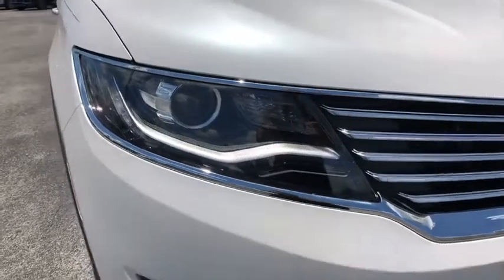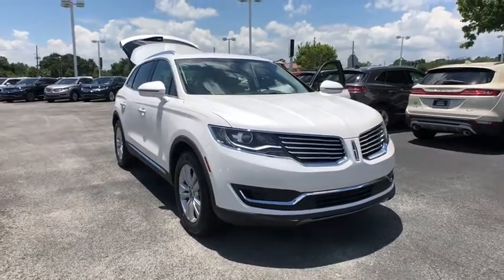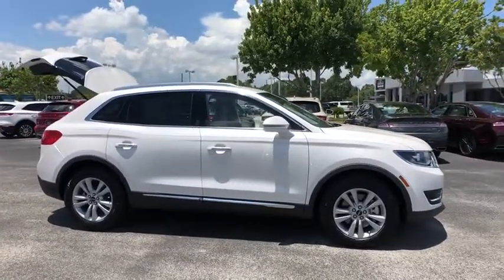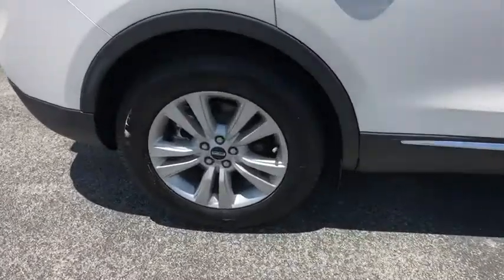2018 Lincoln MKX. The Lincoln MKX offers performance and a distinctly powerful ride that's ahead of the curve. Boasting excellent launch and acceleration with a powerful engine that delivers plenty of horsepower, the Lincoln MKX is truly empowered